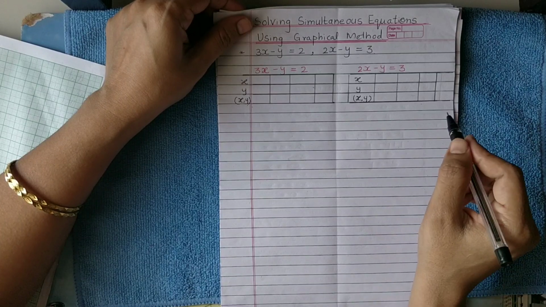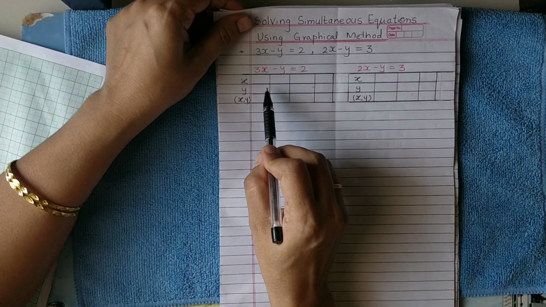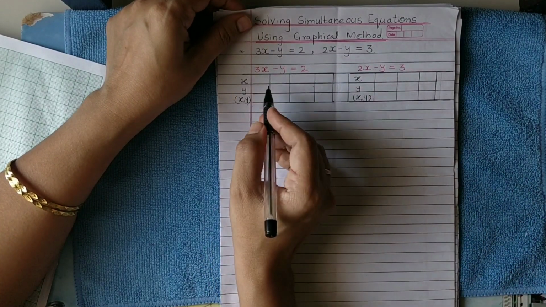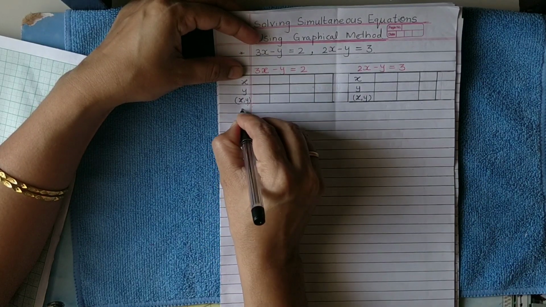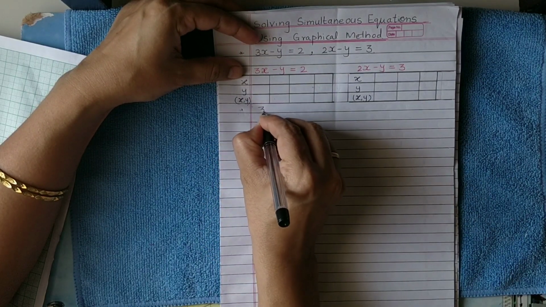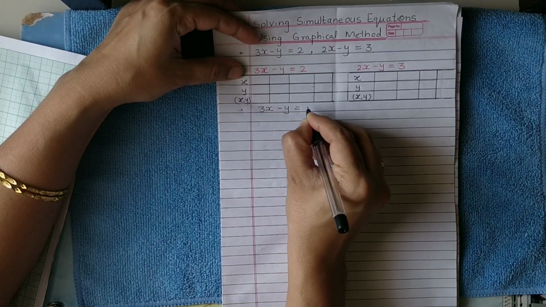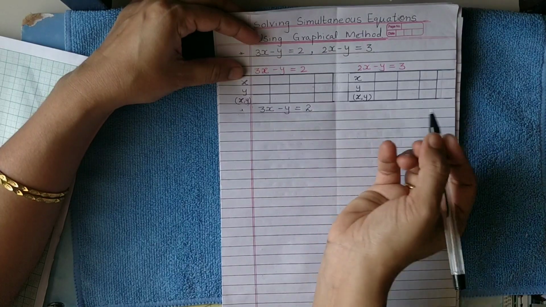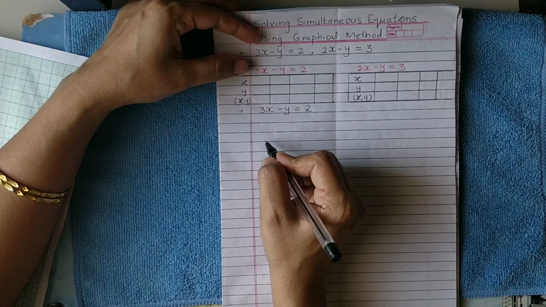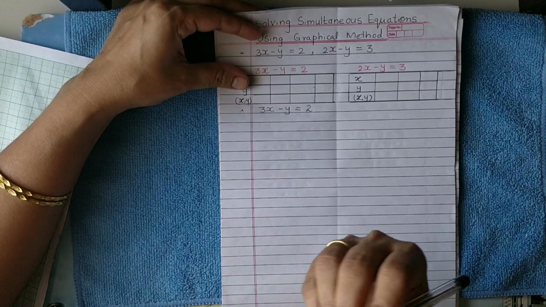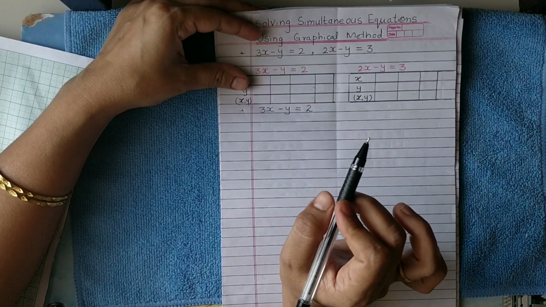So our first step is we need to find the ordered pairs in order to plot the graph of this equation. I will start with the first one. First equation is 3x minus y is equal to 2. In this video we are going to discuss so many things where we can simplify work. Always remember, in maths we are simplifying, we are reducing, we are making it easy for ourselves. This one, 3x minus y is equal to 2.